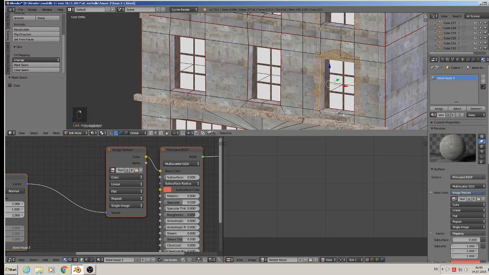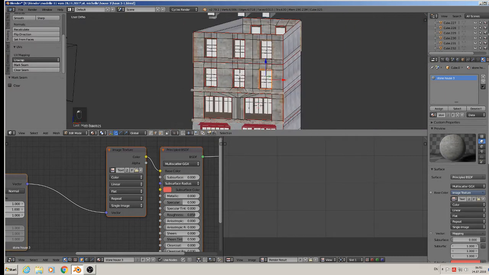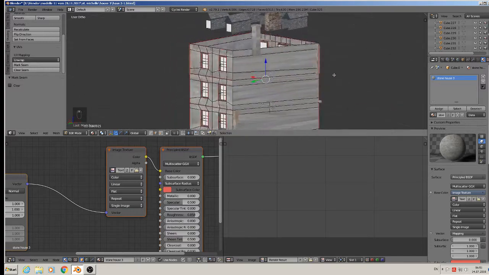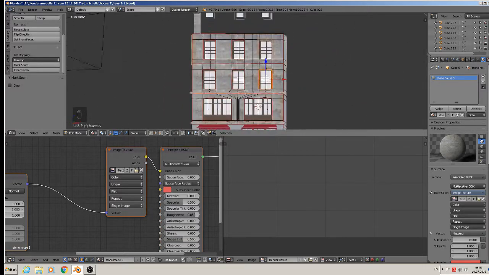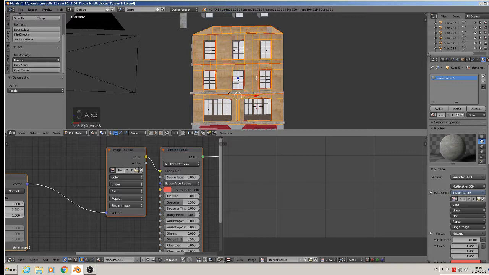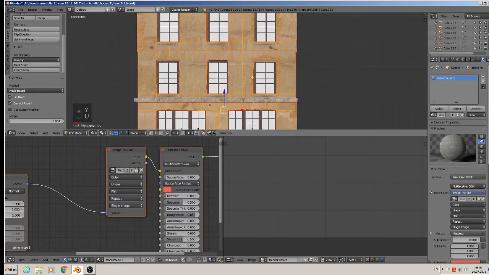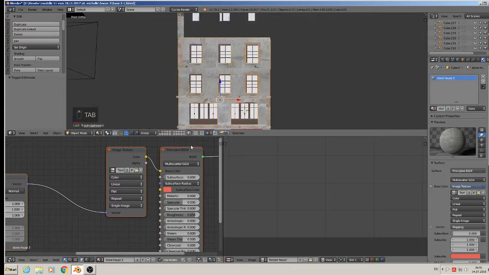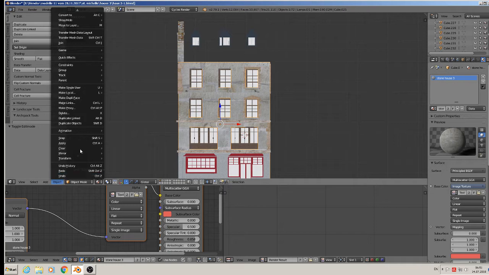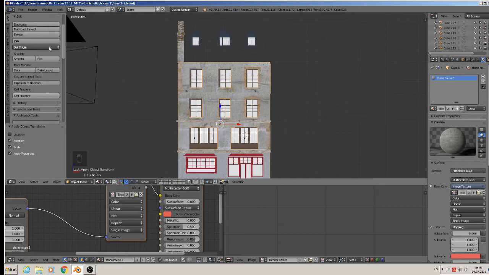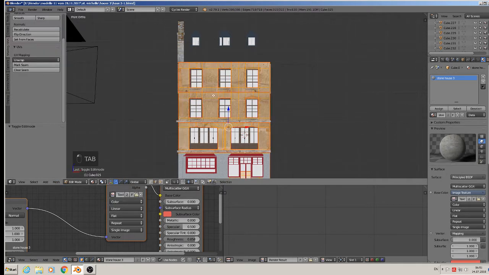And here too. So now I'll look again. If all is okay, it is okay. Good. So we can take that and unwrap, and we see the size doesn't fit. That is because we haven't applied that, so apply rotation scale and set the origin to geometry, then unwrap again,